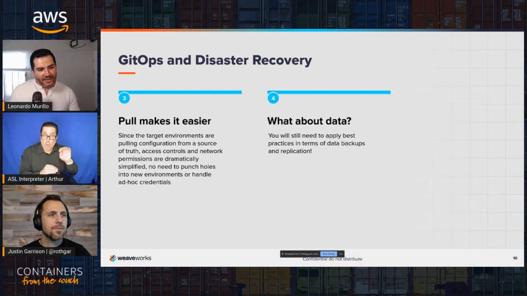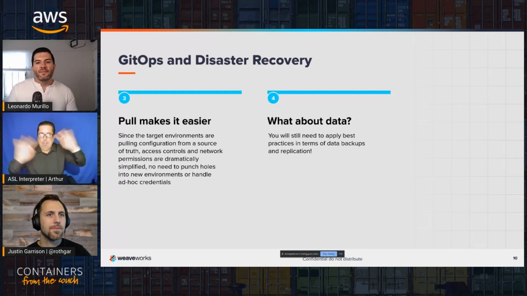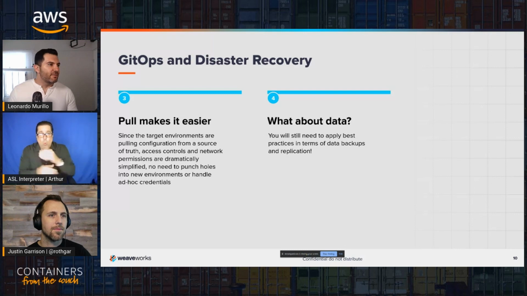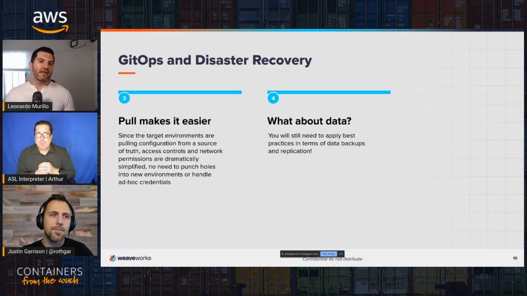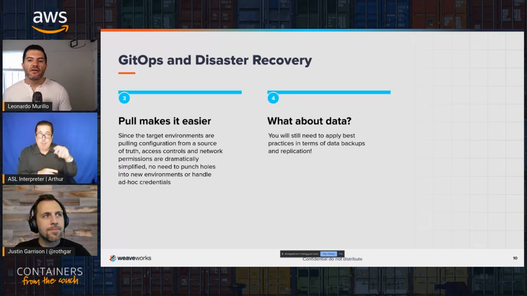Now, there's one thing about hybrid that a lot of people ask me. We're talking about disaster recovery and high availability, but what about the data, right? Because it's a whole lot easier to move workloads to a new region, but if I lost the data, what good is that? What is that doing for me? So I think it's very relevant to highlight that even doing GitOps, for this type of scenario,